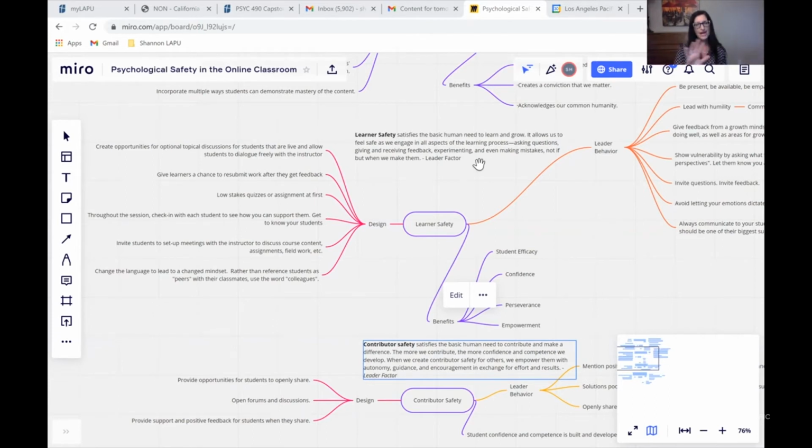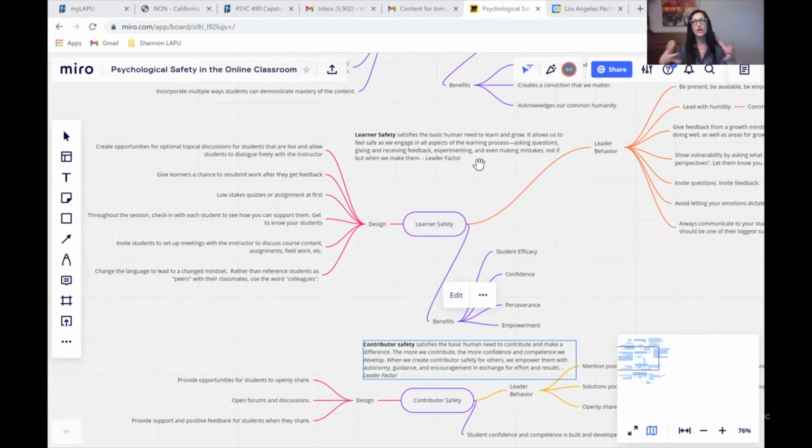So I'm creating an opportunity for them to have face-to-face time via video conference with me, but also the other students in the classroom. But it's optional, it's not required. But the feedback I hear from students is whenever they have the opportunity to talk with their professor, either one-on-one on the phone or a video conference or in a small group setting, it really helps because in an online environment, they feel that disconnect, right, between the professor and them because we are all virtual.